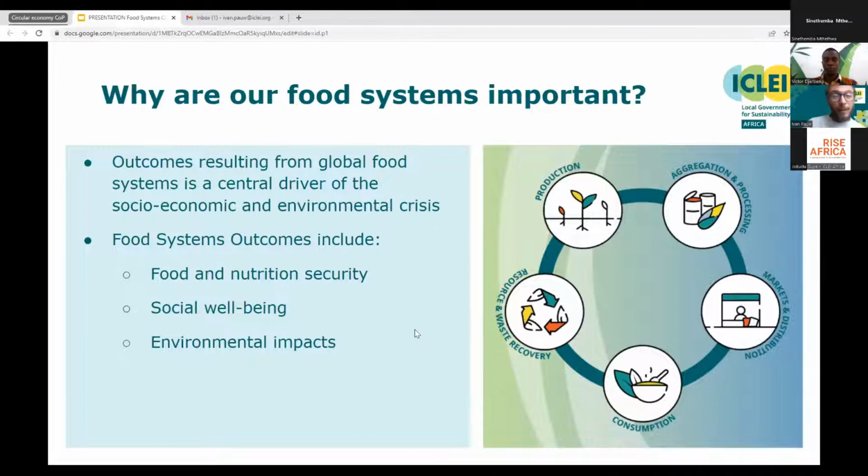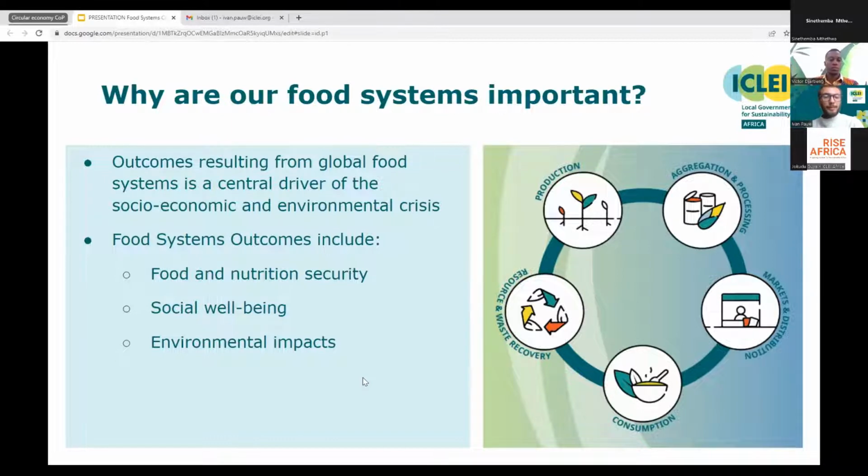That is 1 in every 5 people in the continent, and 100 million of those people have faced catastrophic levels of food insecurity in 2020 as well. This issue is further exacerbated by rising food and commodity prices, economic recessions, and climate change-induced disasters such as droughts and extreme weather events.